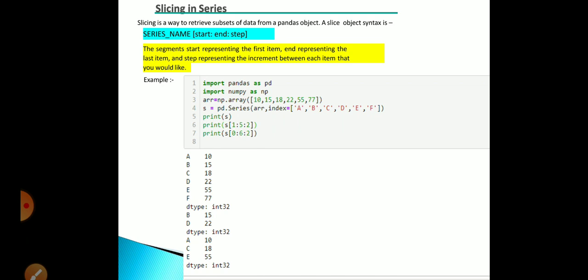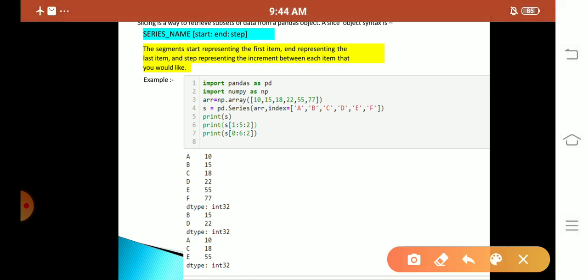Okay, so you can see the example. I have imported my two packages, pandas and numpy. In the array I will use this slicing method. Here I have given the index also, a b c d e f, for my array values. Next I have printed s, so it will print all the values. Next print s 1 colon 5 colon 2.